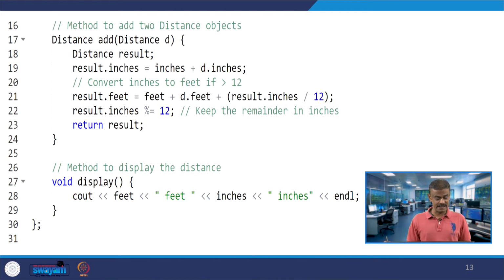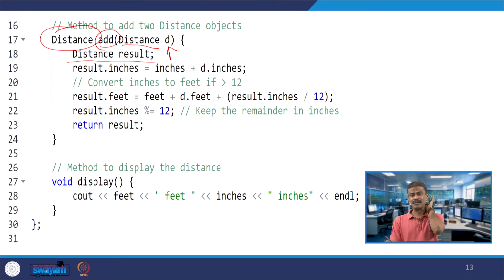So, now here you can see I have add, the name of the member function, and I have an object d whose class is Distance and the return type is also Distance, and here I have Distance result. So, that means I need two distances.